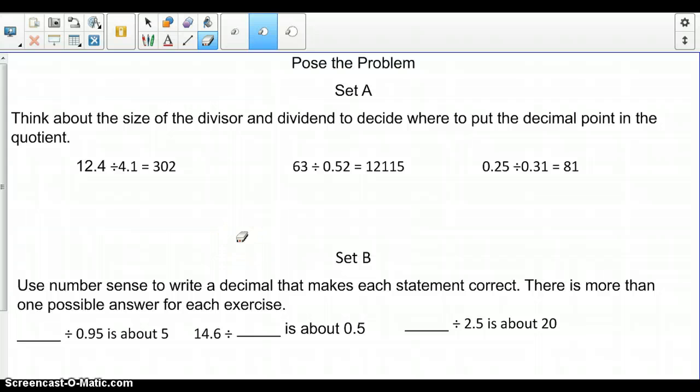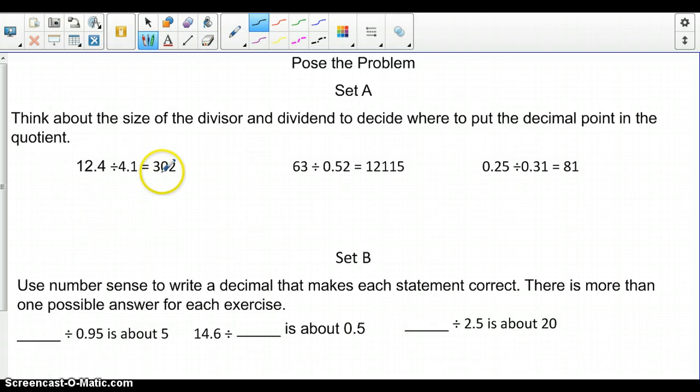Pose the problem. Set A. Think about the size of the divisor and dividend to decide where to put the decimal point in the quotient. Okay, if I look at the regular number, it's 12, and I have a 4 right here, divided by 4. So I know that 12 divided by 4 will give me 3. So I'm going to place my decimal